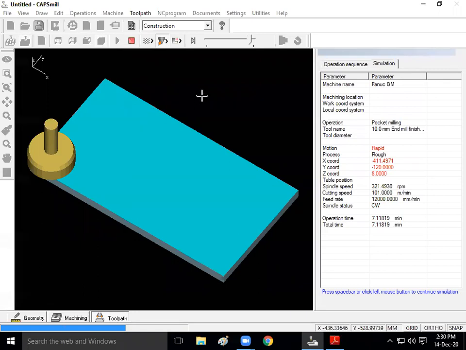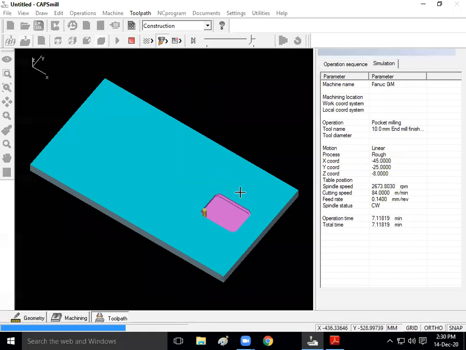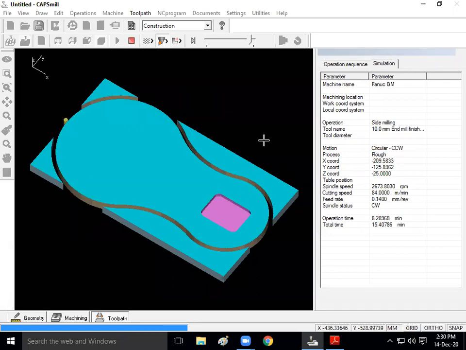So this is face milling. This is a pocket milling of depth 10 mm. You can see how the tool is moving. So the pocket milling is done. Now the next one is side milling. This is the excess part which is going to fall down from the work table.